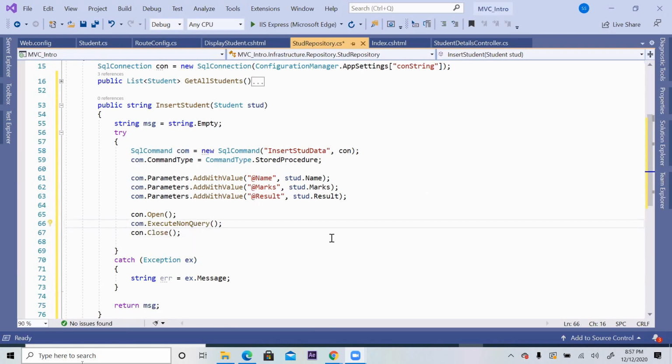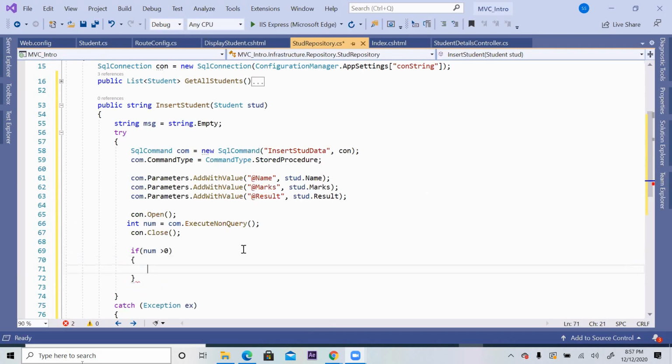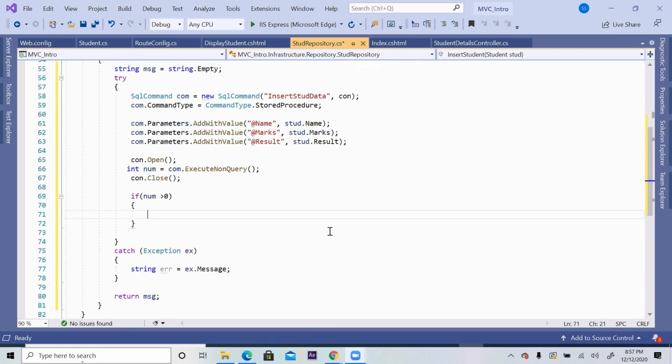Whatever number of records affected, you store it into one variable and then check that variable, whether more than 0, meaning at least one row has been inserted or not. So if so, then I will say message equal to success.